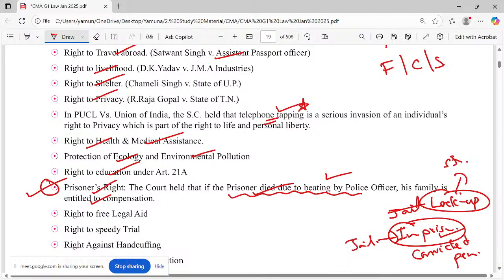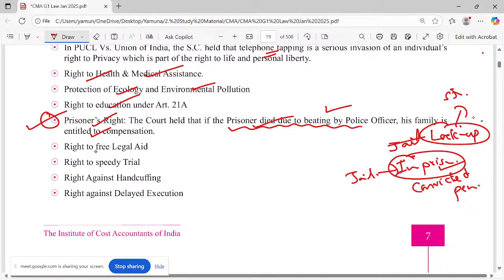That is all. See, 7 years itself is very big, as we saw in the Companies Act. If the imprisonment is for 7 years or above, you will not be eligible to be a director. Not only for imprisonment, but in most cases it affects our lifestyle. So right to free legal aid. Yes, if you don't have money, still some proceedings are going on.